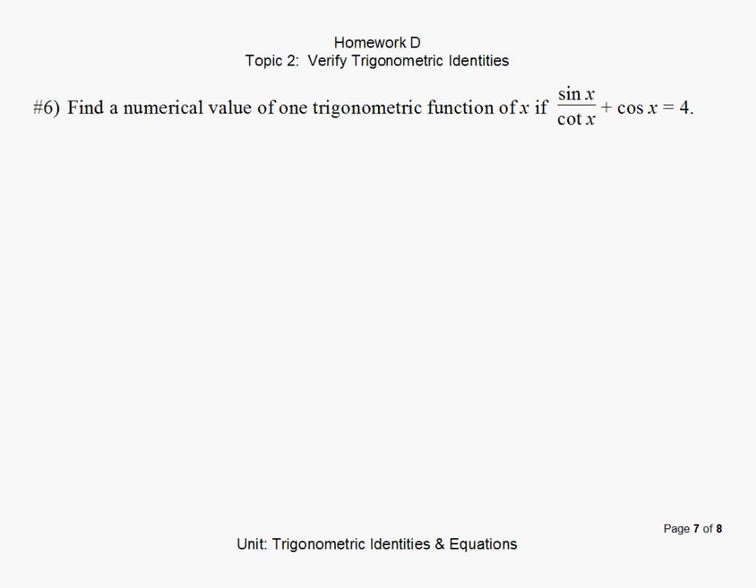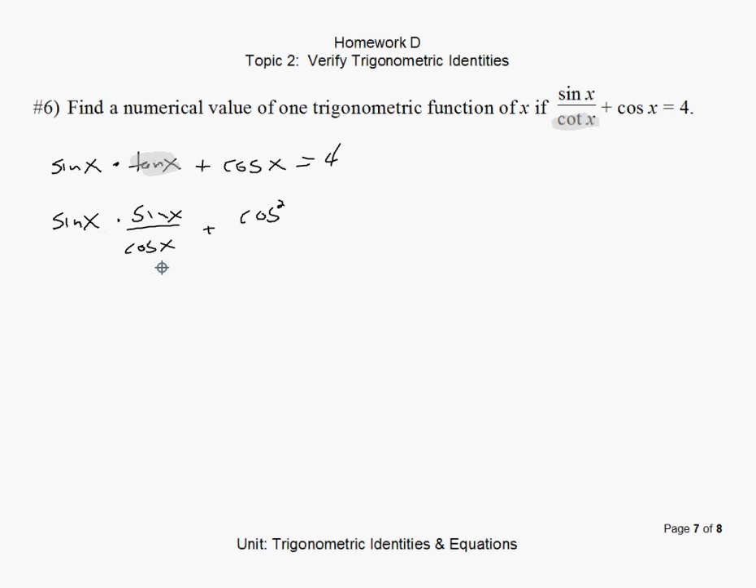Number 6, find a numerical value of one trig function of x. That means you're finished when you have one trig function by itself and you have a number on the other side by itself. Dividing by cotangent is the same as multiplying by tangent, because that goes back to dividing by something is the same as multiplying by its reciprocal. If I change tangent to sine over cosine,